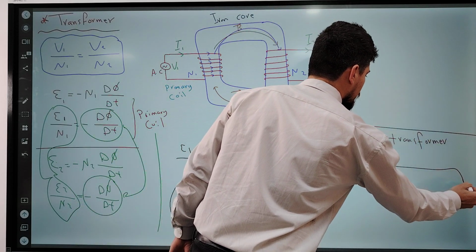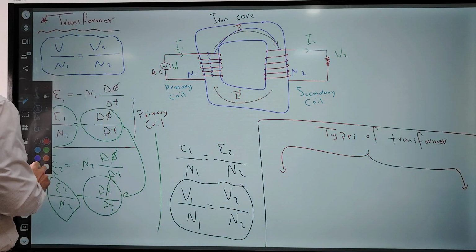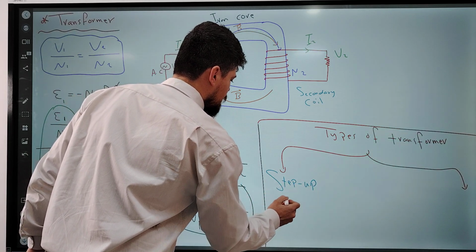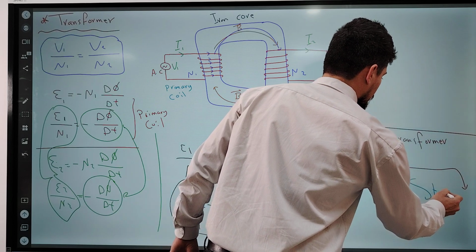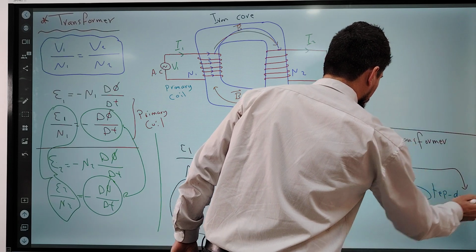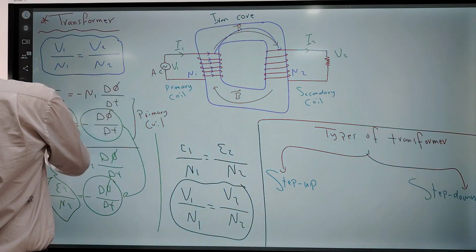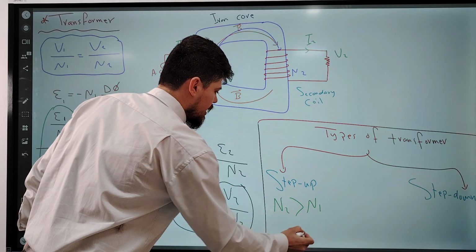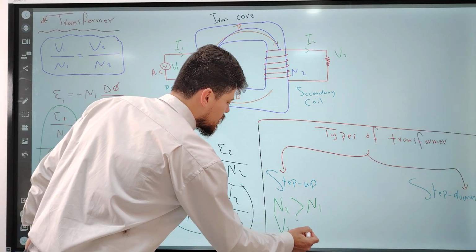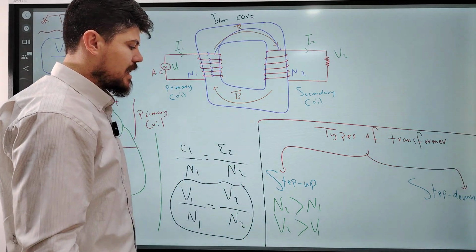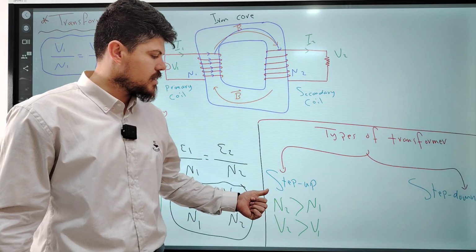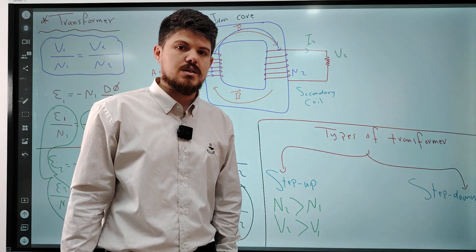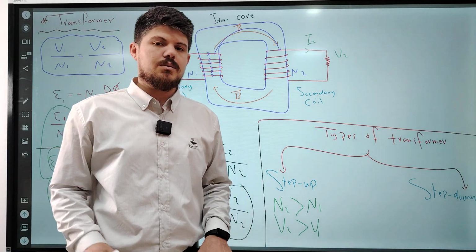Step up transformer and step down transformer. In step up transformer, N2 is bigger than N1. So the output potential difference is also bigger than the input potential difference, such as the microwave oven, which can work by using the step up transformer, because you know that our outlet potential difference at home